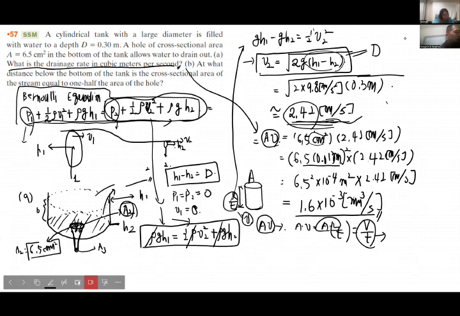So same thing, you have to apply the same volumetric draining rate to the entrance of the drain hole, so in time. So if you do that,